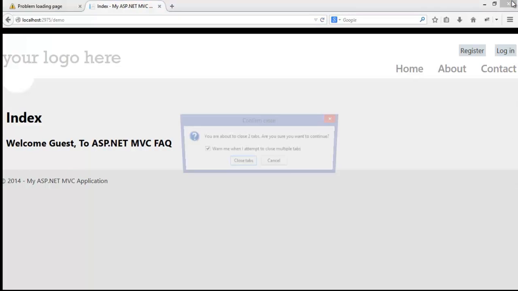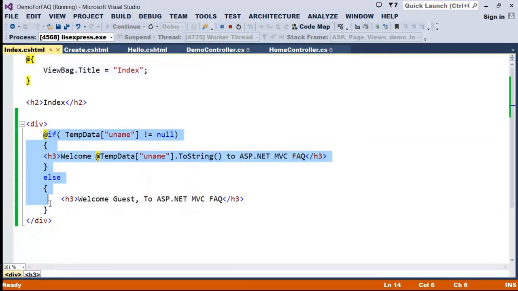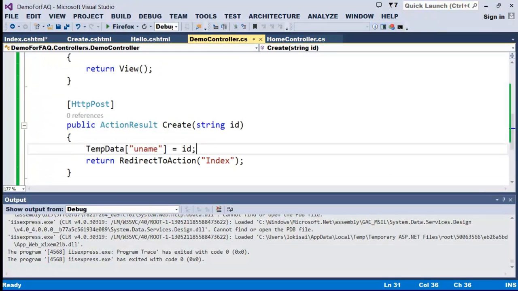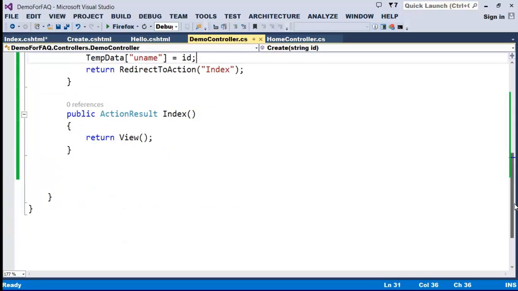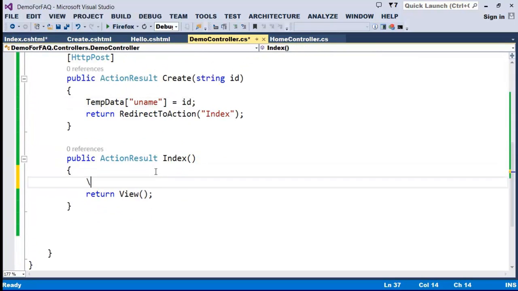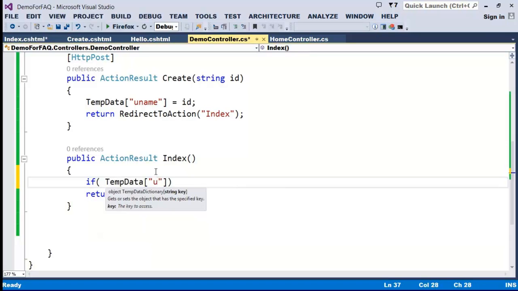Since we always prefer that we don't want to write this kind of code within the view, what we try to do is, we personally feel that this kind of heavy lift work should be done on some kind of models and everything. Here what I can do is, instead of doing it here, I can check a condition in this way. If temp data of uname